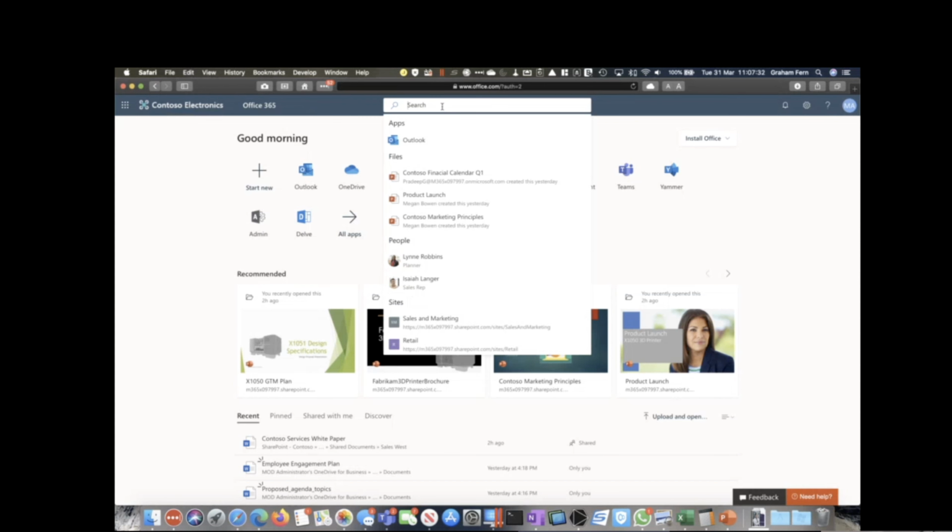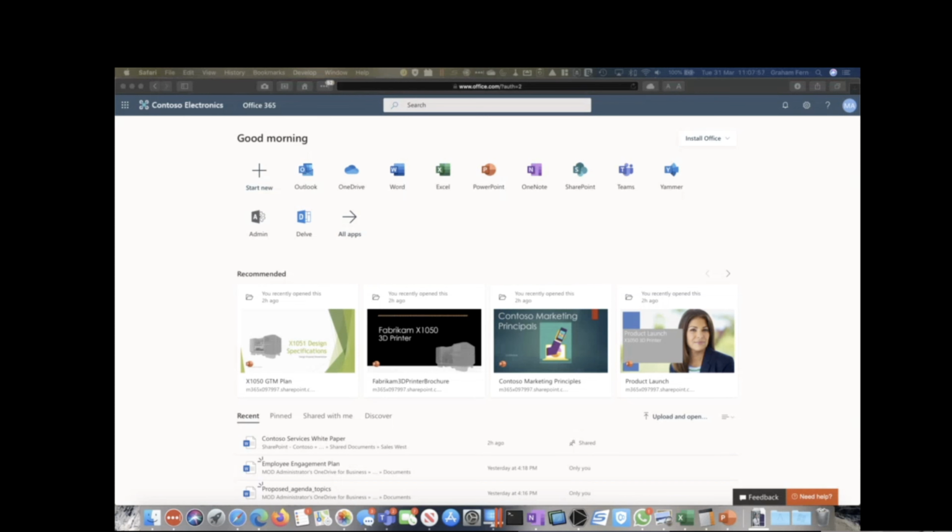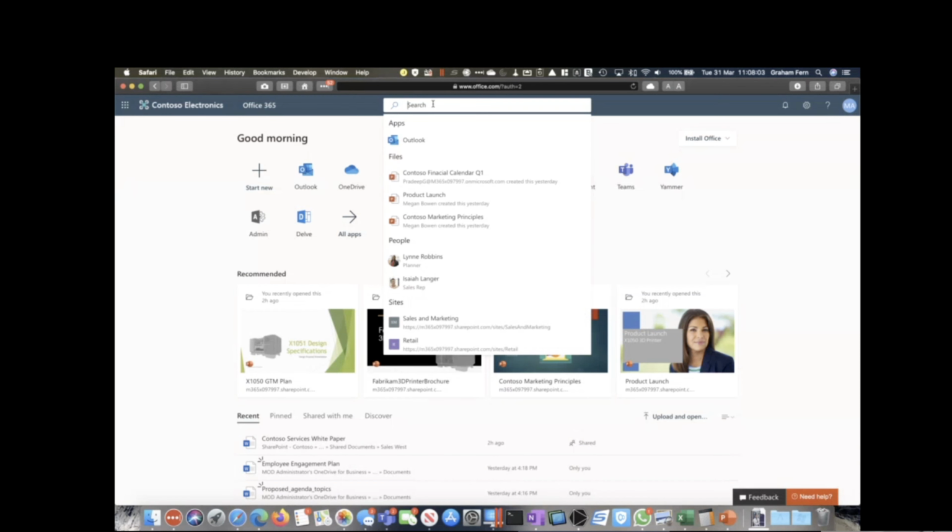In the middle, more importantly at this point, is search. We all use Google, Bing, whatever search engine you fancy. It is astonishing, again, to see people manually trying to find files within your system, despite the fact that it's all available by searching straight away. So let's just look at this. If I just click in here, I can search for not just documents, but I can search for people, applications, and documents. So if I type in